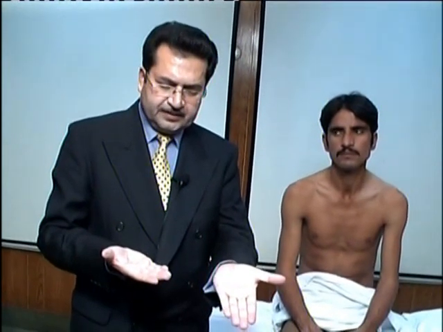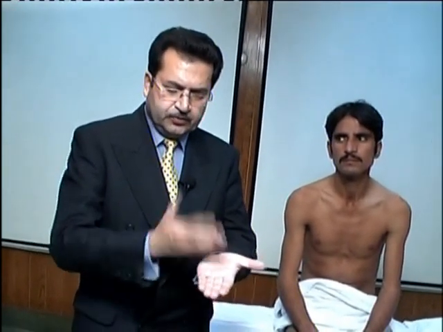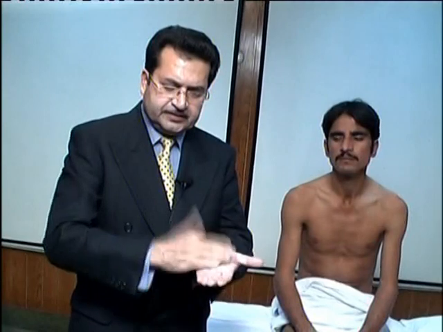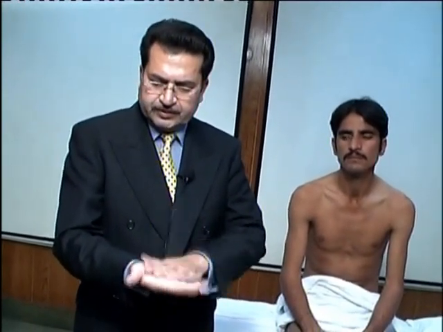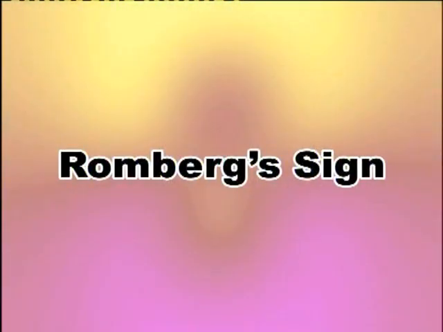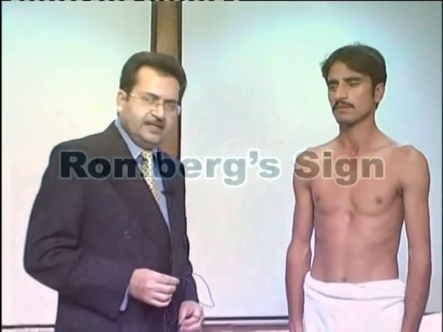The other test is called the palm test. In this case you ask the patient to hold the palm like this and with the other hand do alternate tapping movements and see how rapidly he can do that. Similarly, on the opposite side you can see that. Obviously the hand which is the dominant hand